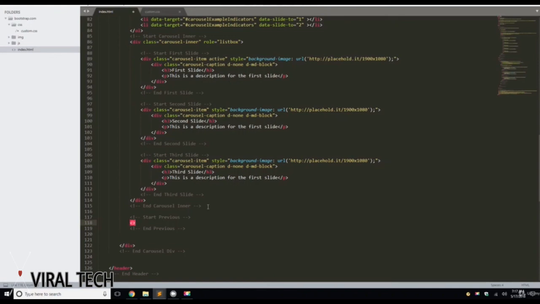If I do it the right way, anchor with a class of carousel-control-prev, href the ID carousel example indicators. Role is a button, so it's equal to a button. The data slide equals previous, so prev. And then we're going to do a